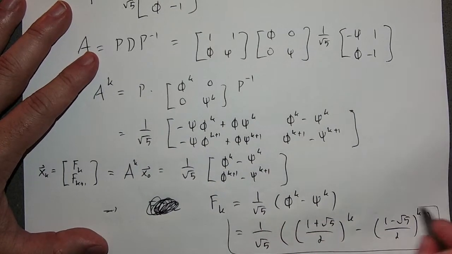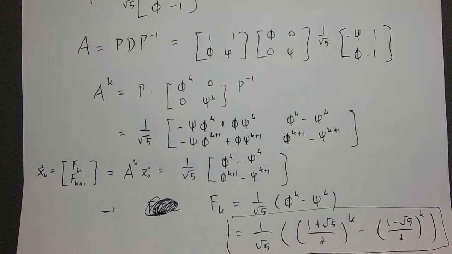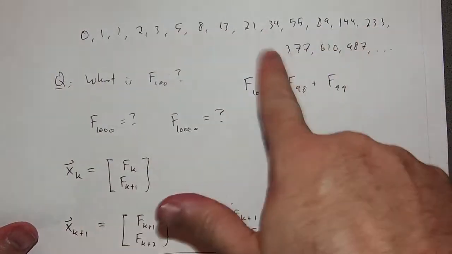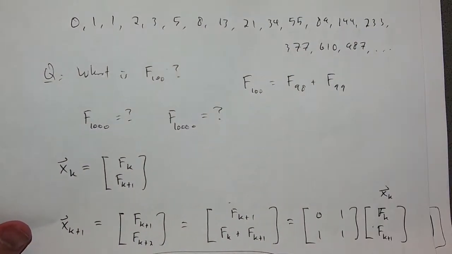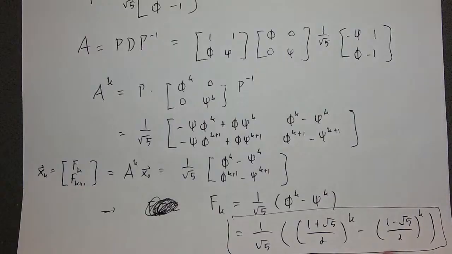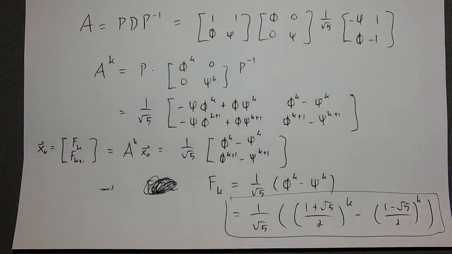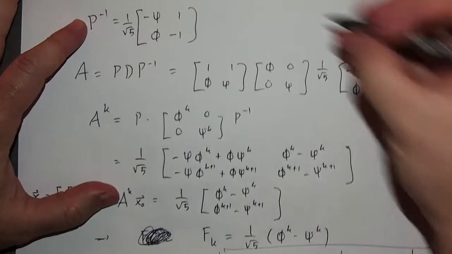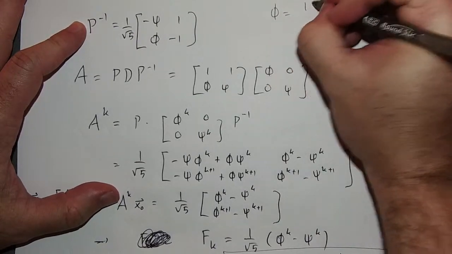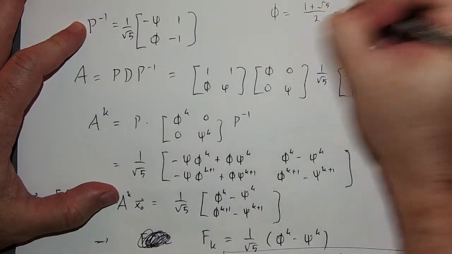What's amazing is that all the Fibonacci numbers are positive integers. Right? Look at all of them. Because they're defined as just the sum of the previous two things before them, they're all going to be positive integers. So how is this for every value of k a positive integer? That's pretty incredible. If you look at an expression like that, you would never think, just looking at it, that this is always an integer. Because, of course, golden ratio, phi, is 1 plus square root of 5 over 2, which is